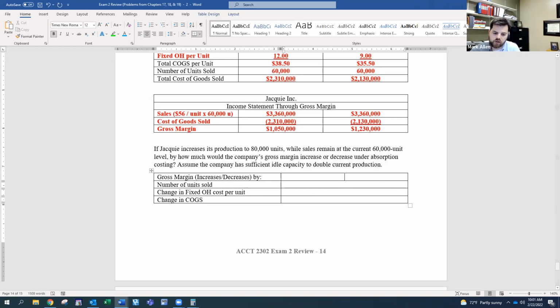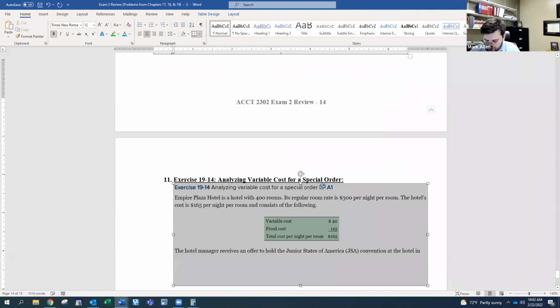So what we find is that the gross margin will, in this case, actually increase. If you want to highlight that one, you can do that. If you want to delete decreases, do that. If you want to circle increase, that's fine. Whatever you want to do. But make sure you understand that gross margin will actually increase by $180,000. It's this difference right here. And you say, well, why is that? Well, that's because we had a number of units actually sold, in this case 60,000 units. And each one of those now had $3